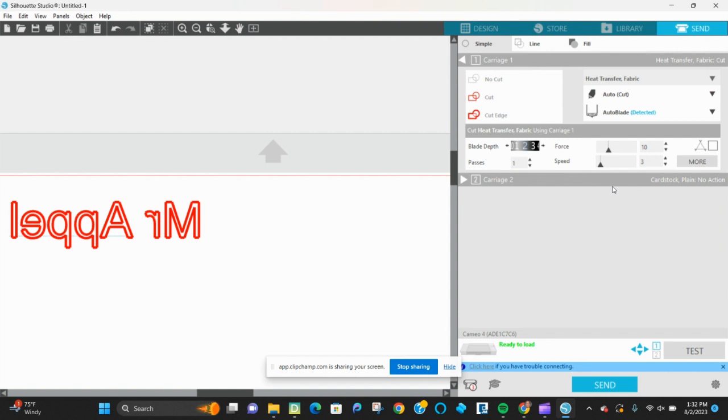When you're ready, so that you have that there, you're going to select the text that you want to actually cut. You can leave it on cut on edge. All of the settings that come as a default should be appropriate. If not, we can talk about changing them, but hopefully that'll cut it out. And then when you're ready, you're going to click send, and that will send it to the machine. But before you do that, you need to actually load the material. So in the next part, we're going to load the material, come back to this step, and then actually hit